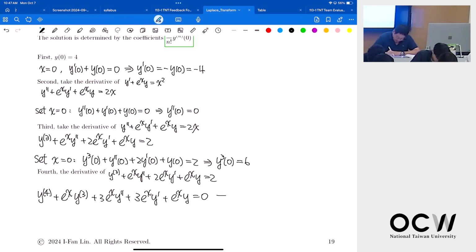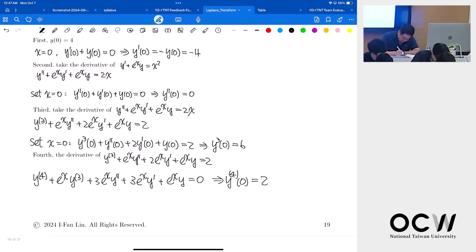And then you'll get y of 0 at the fourth order, that will be 2. So overall, you can still continue, but the solution is in the following form. y of 0 plus y prime of 0 x plus 1/2 y double prime of 0 x squared